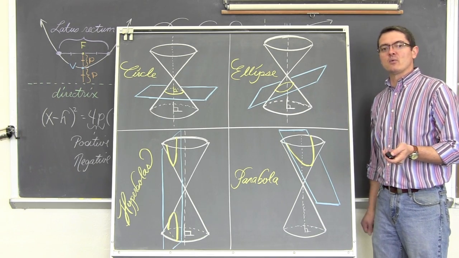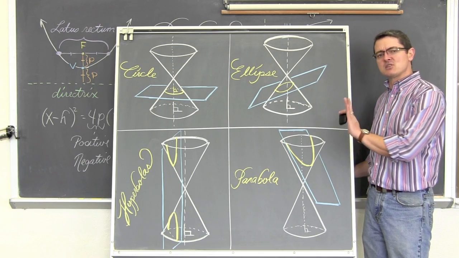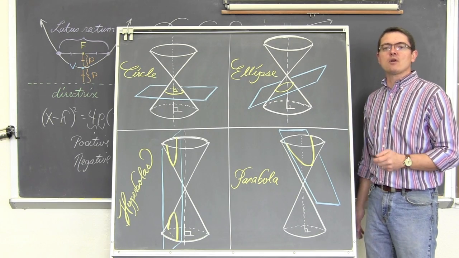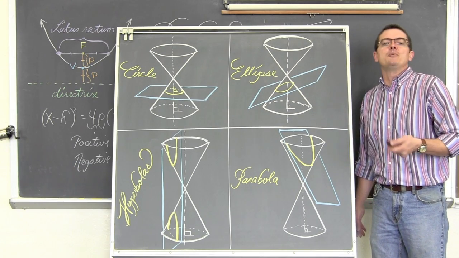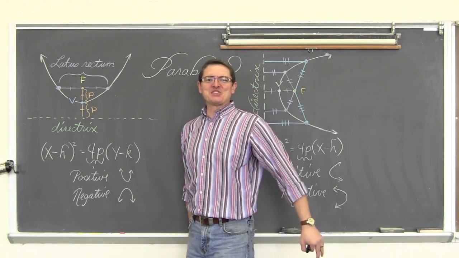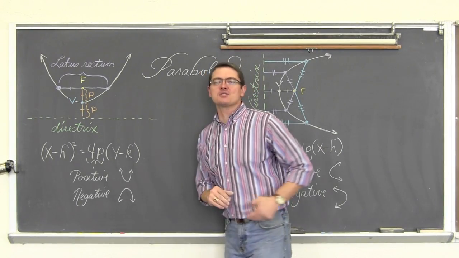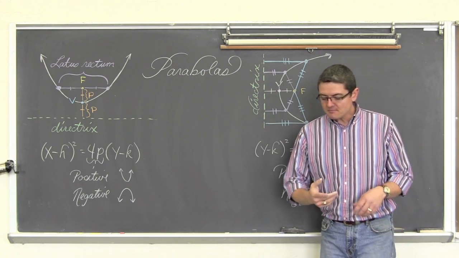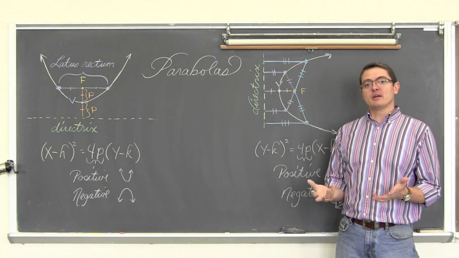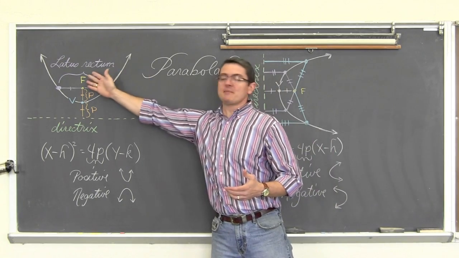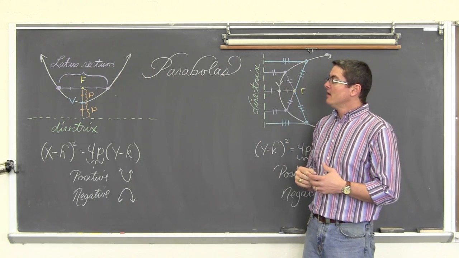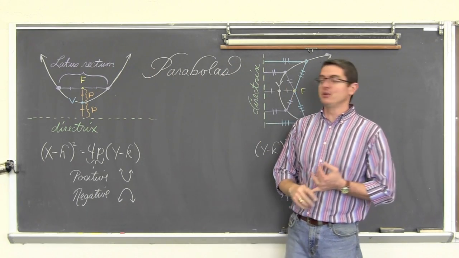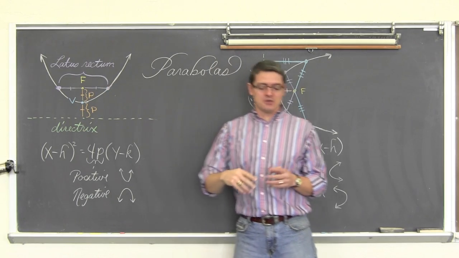So let's get this screen out of the way and take a look at some of the basic structure of parabolas, and then I'll work through a few examples for you to help you understand how to graph these. The basic structure of parabolas is simpler than those for ellipses and hyperbolas. There's no center because it doesn't have as much symmetry as those graphs do. There's only one vertex as opposed to two. There's only one focus point as opposed to two.